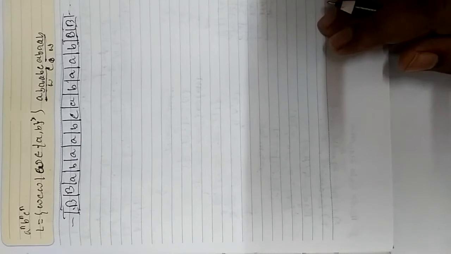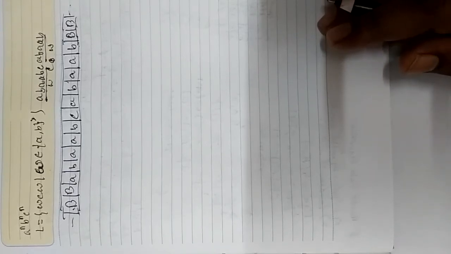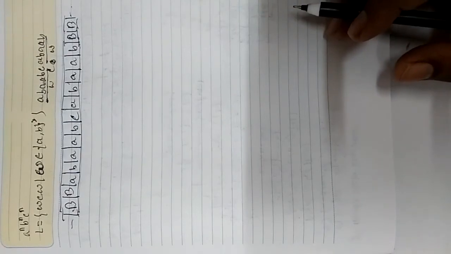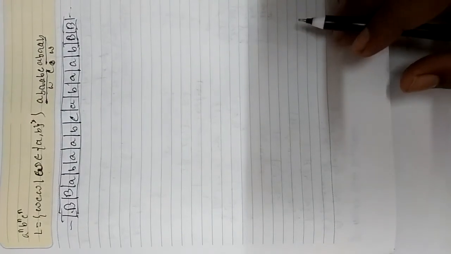You cannot solve this problem by pushdown automata, because when you push elements onto the stack and then pop them, the elements come out in reverse order. Here the string is repeating itself. If it were W C W reverse, then you could do this with a pushdown automata, but in this case it can't perform this operation. So the Turing machine comes into the picture and it will solve this problem.